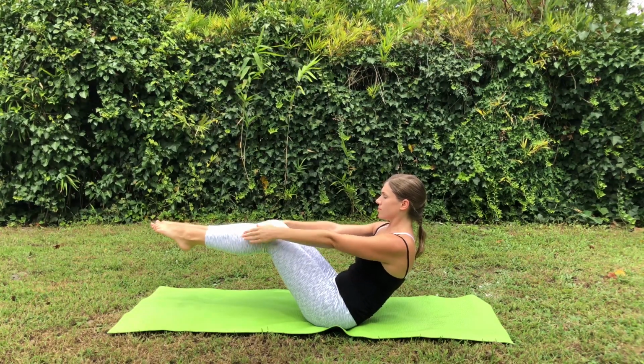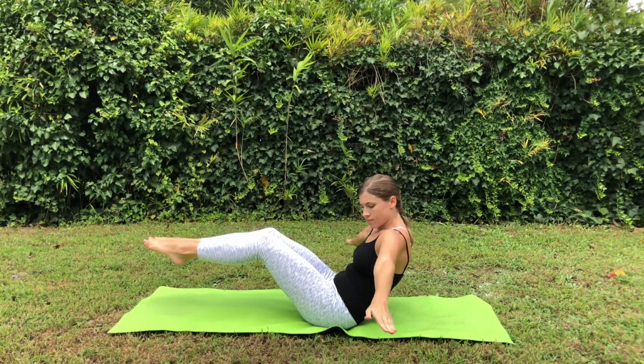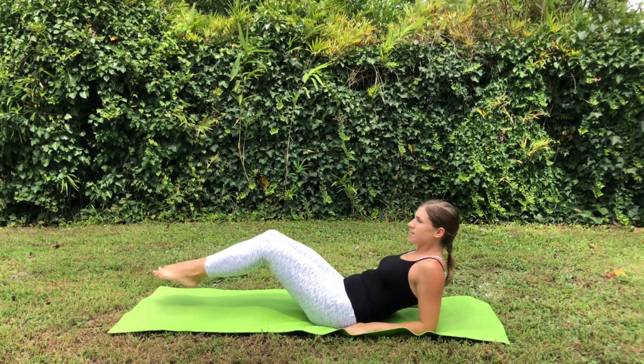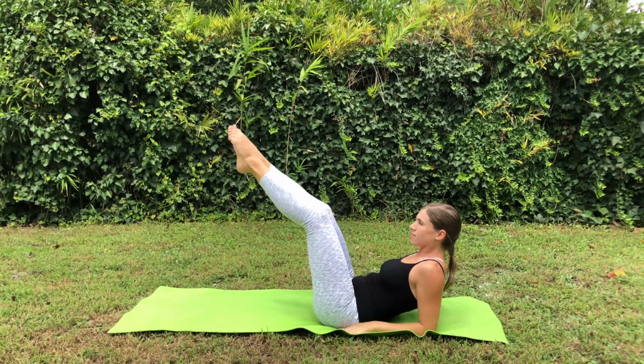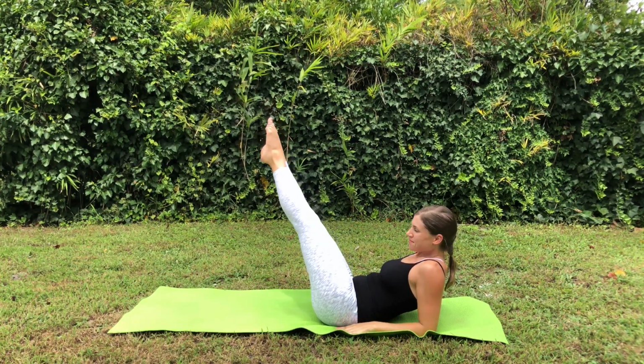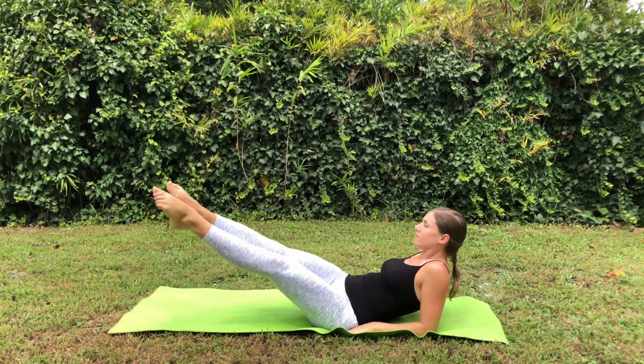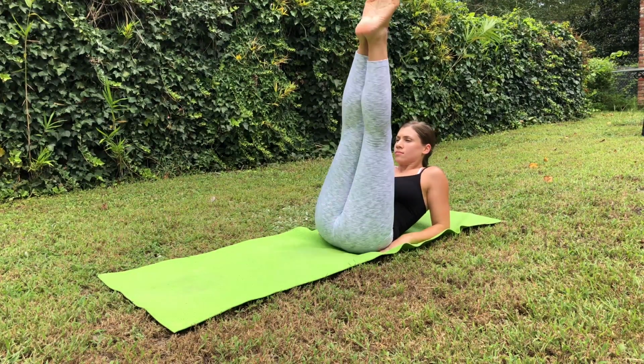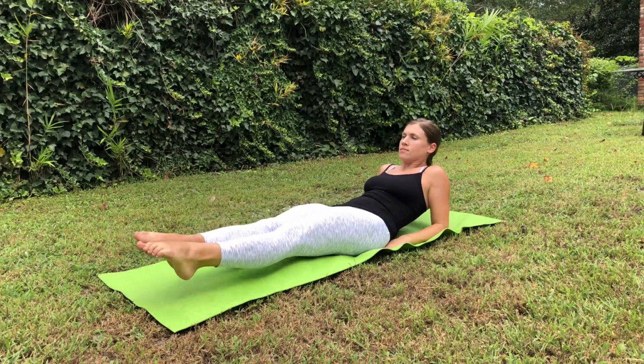Lean your upper body back to the mat. Press your forearms to the mat, chest is high, relax your shoulders and neck, and lift your legs for corkscrew. Start with 10 circles to the right side. Your legs should be at a 90-degree angle with your torso, and as you circle around, keep your legs hovering